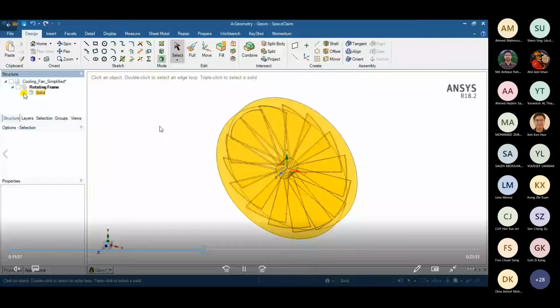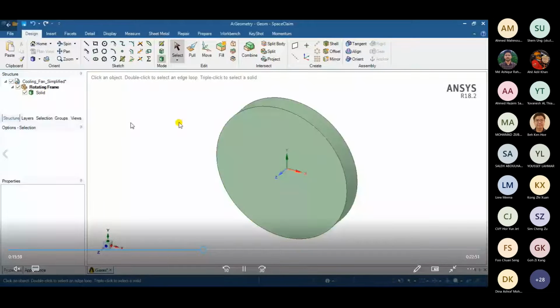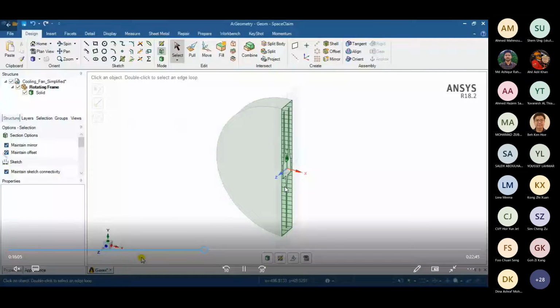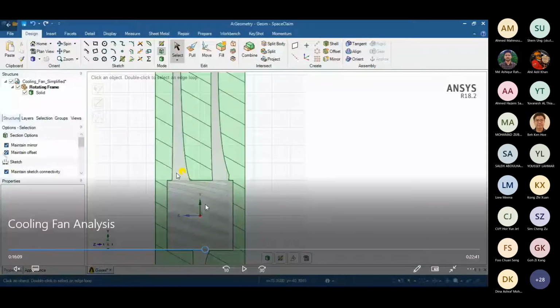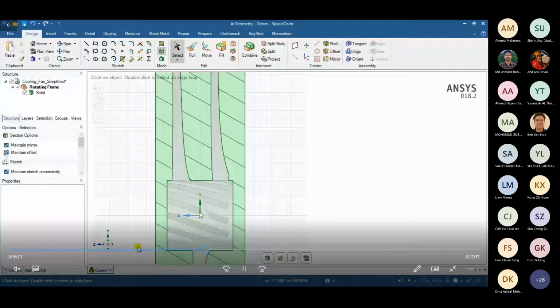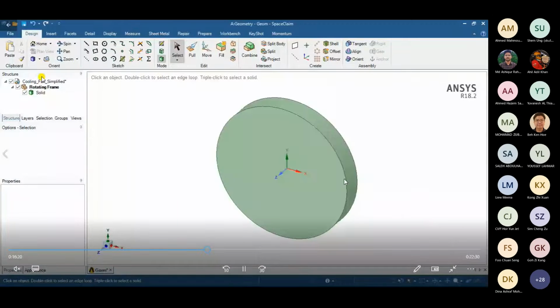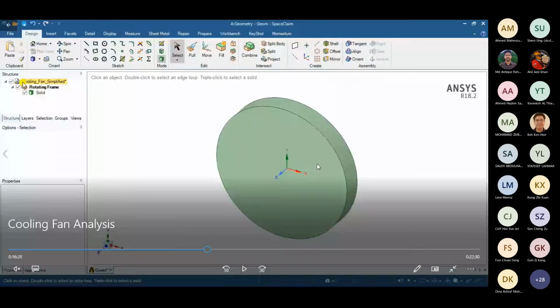So I'll be showing you how it will look. Here you'd see that the vacancy, the vacuum, is now created, right? Now this empty part that you are seeing won't be analyzed, but the actual fan body, or the shape of the fan, is retained by doing this. The connections that I was talking about are going to be established based on this circular surface that you are seeing, the front surface and the back surface. Based on these surfaces, your connections will be made.